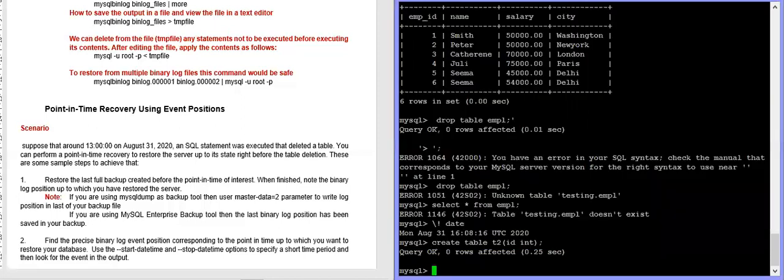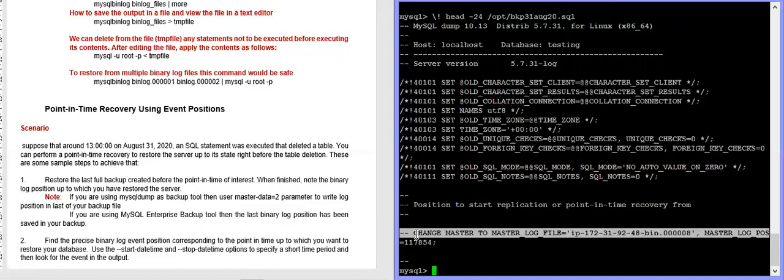Now I can see the change master to command from where I will recover after restoring the data, because the backup was taken with master data 2.